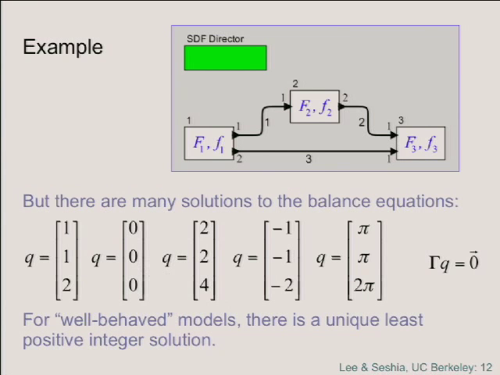very useful answer, okay? So the first theorem, in a sense, is that for well-behaved models, which I'll define in a minute, there is a unique least positive integer solution, okay, where every element in the solution is a positive number, not 0. Okay. So what is well behaved? Well,